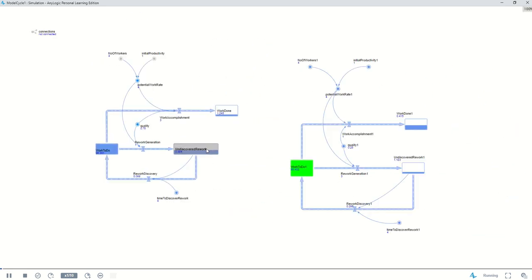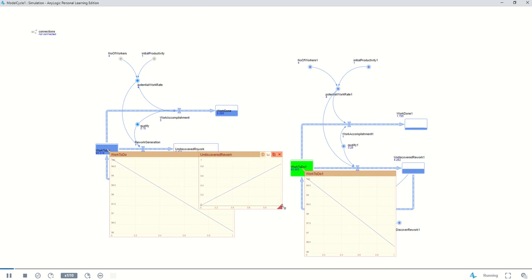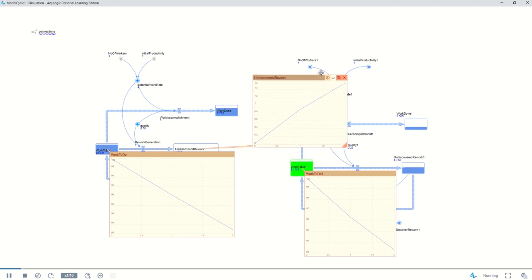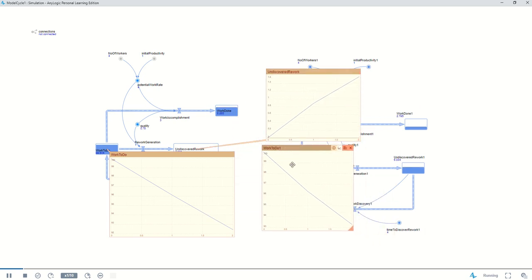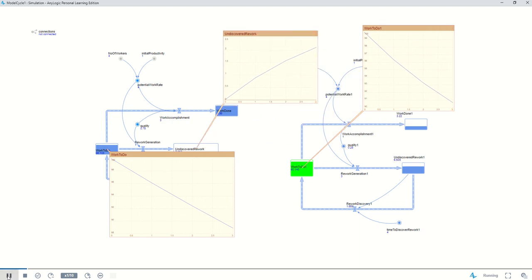So if you can see here, you can click the graph and see how it develops. So this one is with a higher quality, 0.75, and this is 0.25, right? So you can see how the work is being progressed. So I'll put this next to each other so that you can see it. Let me pause it and